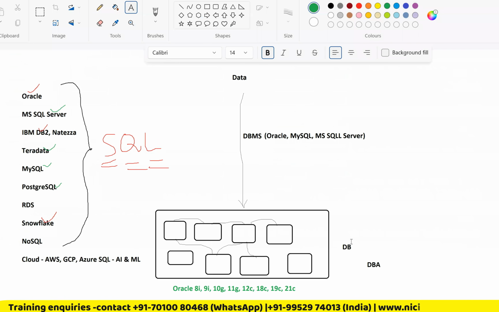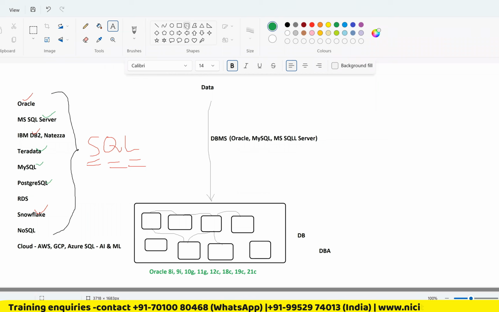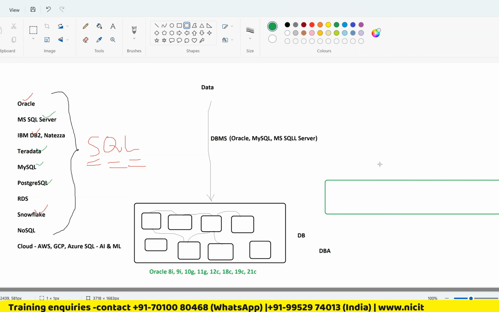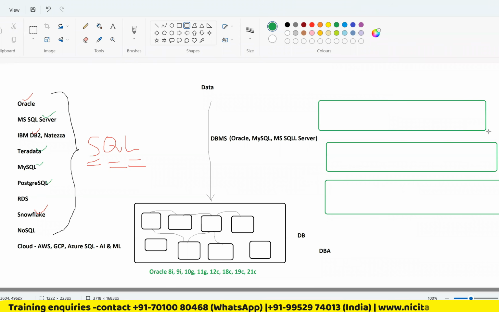So grid computing means we have some clusters, right? We'll have different servers. So you'll have these clusters, and this is another cluster. These are all one grid. And these are all another grid. So many